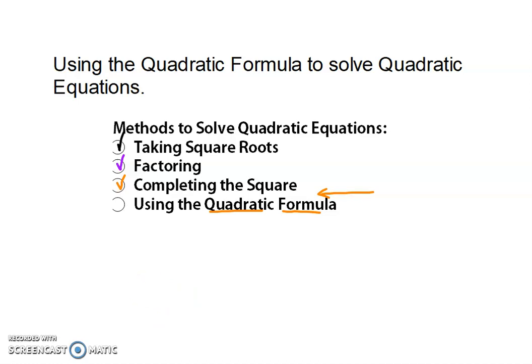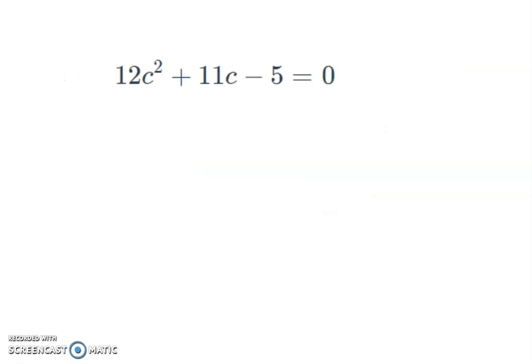Okay, so we're going to be looking at quadratic equations, pretty straightforward types here, and we're going to use the equation that we developed in the previous video, if you watched it, that allows you to write the answer without having to go through a whole bunch of crazy steps, like trying to divide everything by 12 and then figure out what half of the middle term was, and things like that. So the answer in this case is going to be, well, C in this case, not X. Okay, so we'll have a C. It's going to equal,